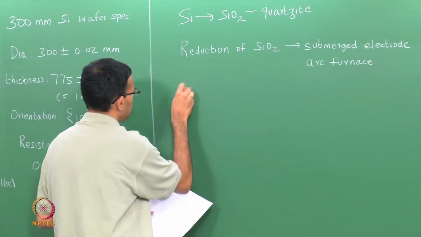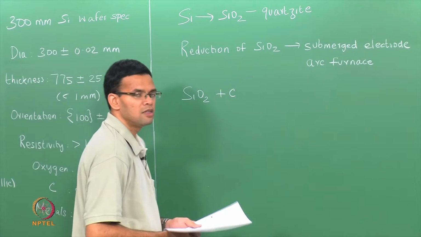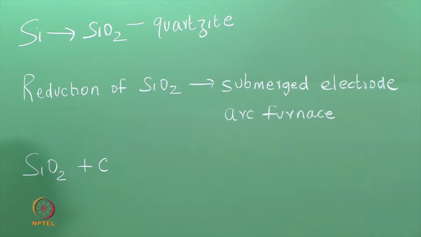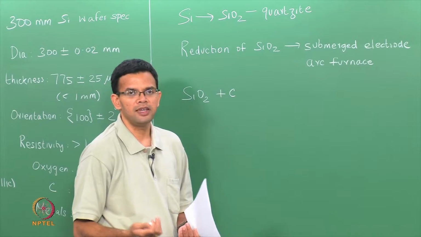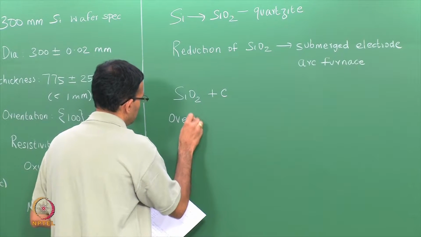So in this case, SiO2 is mixed with carbon. So carbon reacts with the silica in order to form silicon carbide, and then the silicon carbide and the silica react to finally give you silicon. So the overall reaction here